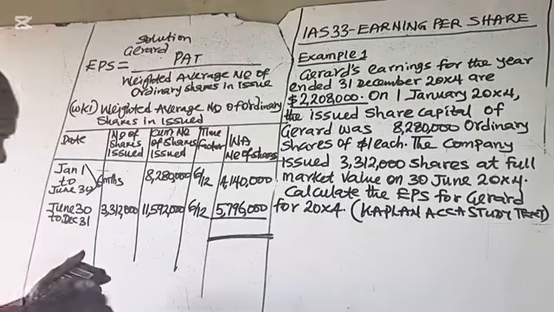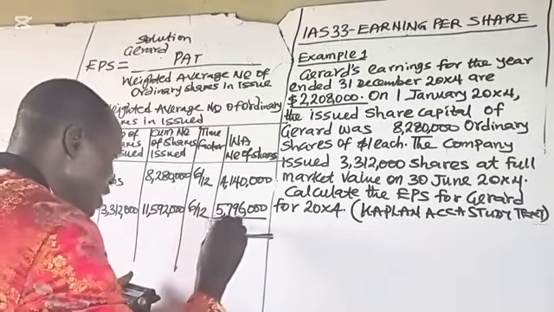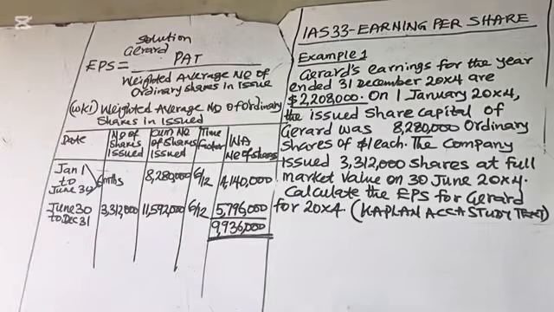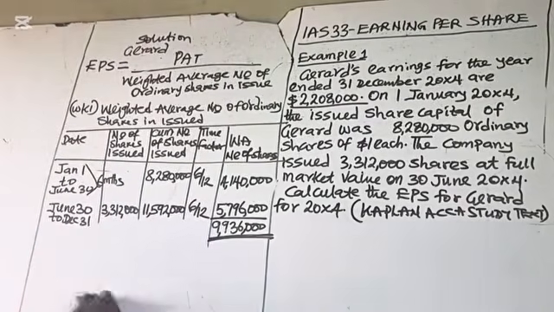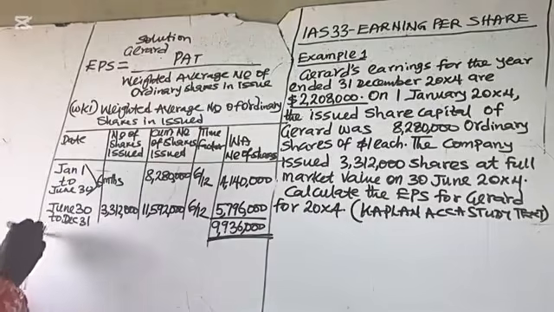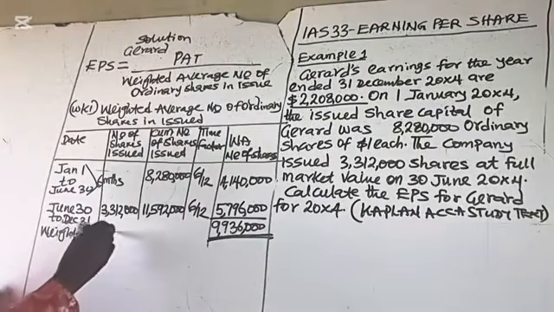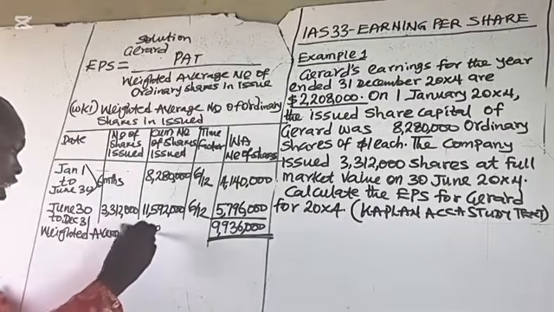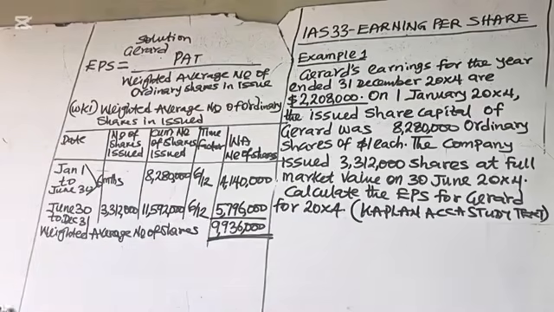So the total is 9,936,000. It is the weighted average number. It is this result that will be used to calculate our EPS. So our weighted average number of shares in issued is 9,936,000. With this, we want to calculate